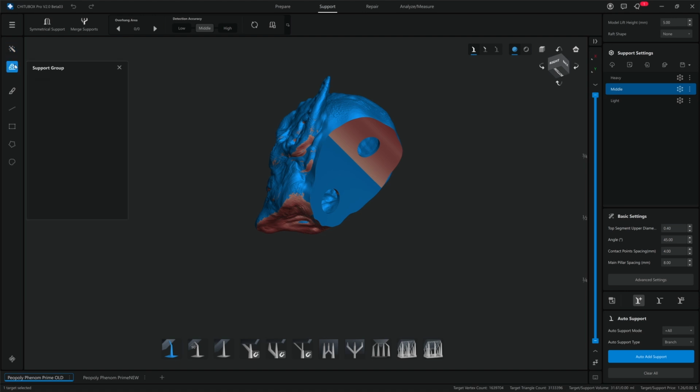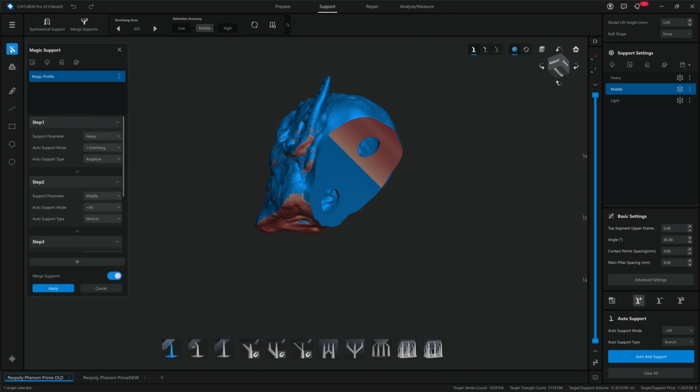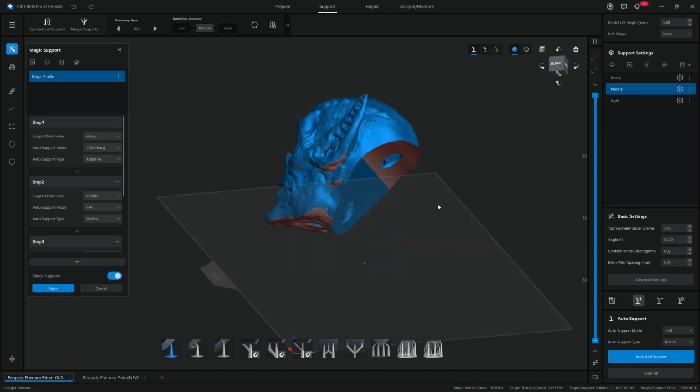Magic. Okay, so this is new. What about this? Support groups. Yeah, okay, so this is the new thing that they've added, is you can add in different groups, which is going to be useful if you do a lot of manual supports. So we'll get to that. What I do want to check out is this magic support. So let's run the auto support. No, first thing,